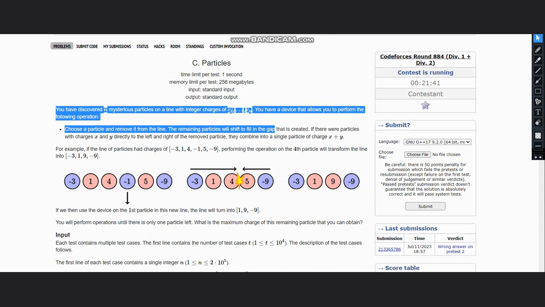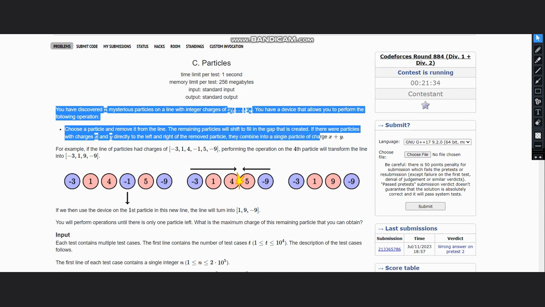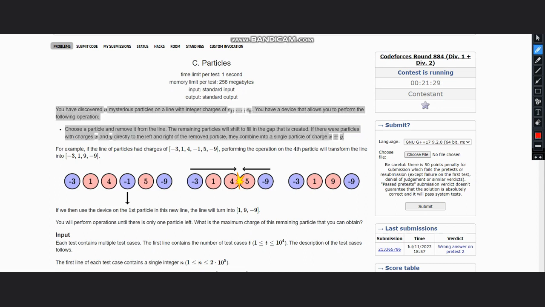If there were particles with charges x and y directly to the left and right of the removed particle, they combine into a single particle of charge x plus y. So here is an example, like we have charges -3, 1, 4, -1, 5, -9. So if we remove this charge, then the left and right would be added, which would be 4 plus 5, and hence this turns into -3, 1, 9,